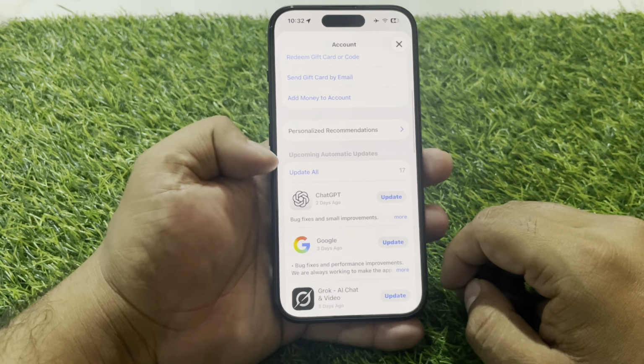If you want to update some apps, simply select those apps and update them. If you want to update all apps, simply tap on Update All and update your apps on iPhone. You can see, that's it. After watching this video, I hope you will all know how to update apps on iPhone without a computer,